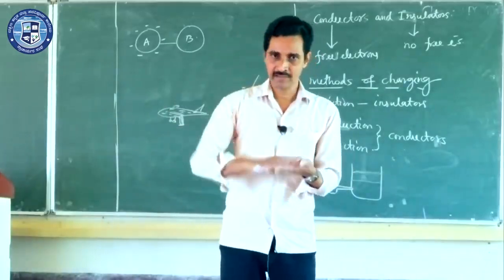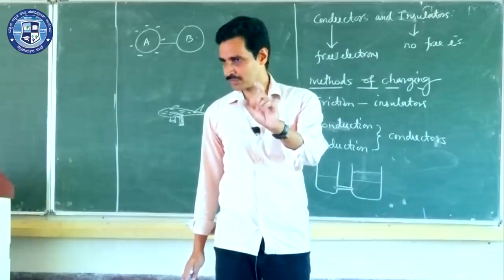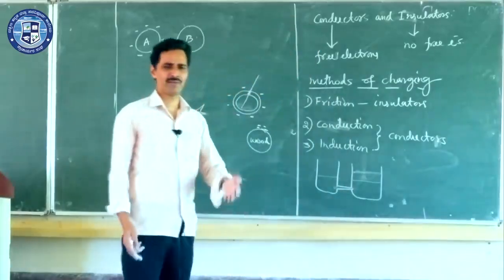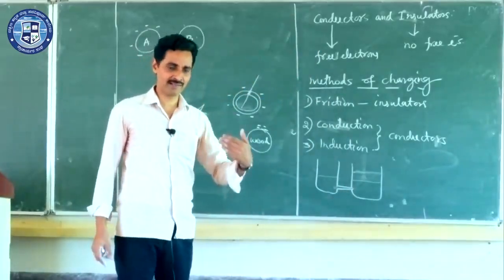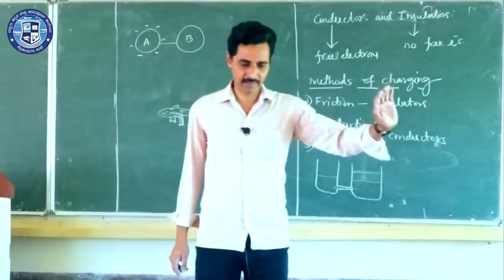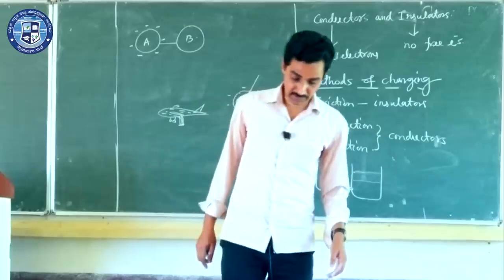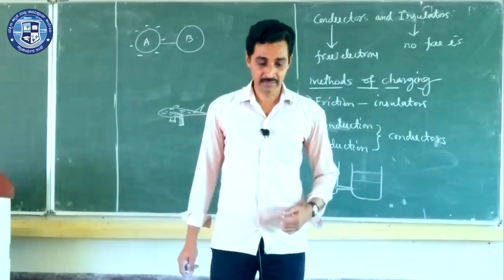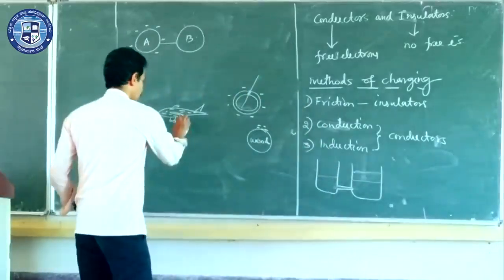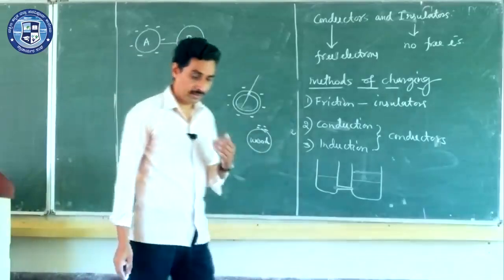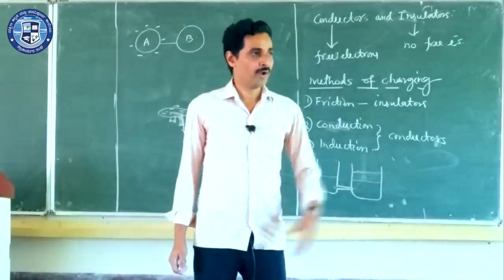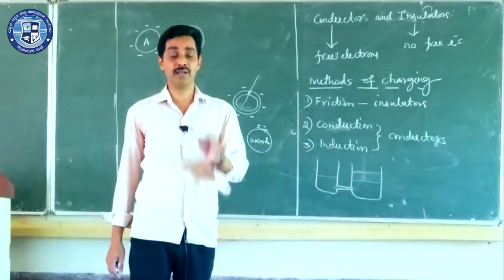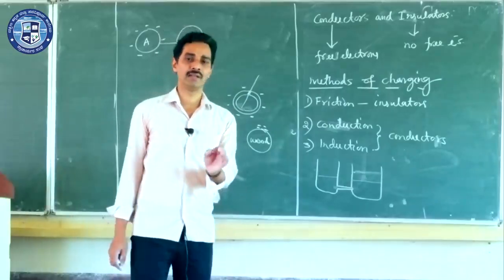And the aeroplane has landed. Wheels are made up of non-conducting rubber or so. When it is landed, the charges are on the body. And suppose, there are very few chances of this accident happening. Suppose you touch the body of the aeroplane or this ladder, and if you touch the ground with bare foot, without wearing any chappals, then all these charges go to the ground through your body. And we have a concept called earthing. I will say what is earthing. All the charges flow through your body. Your body is a very good conductor to the ground. And you will feel a heavier shock, and that will damage your body.